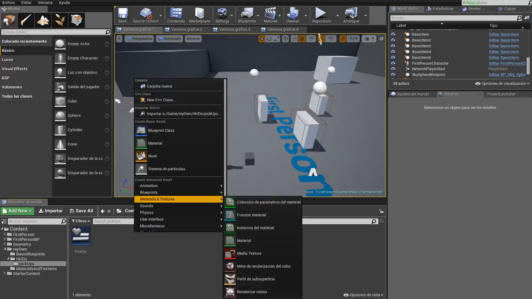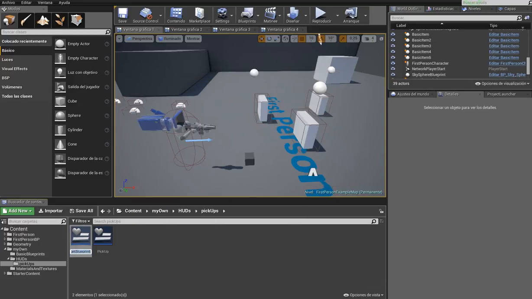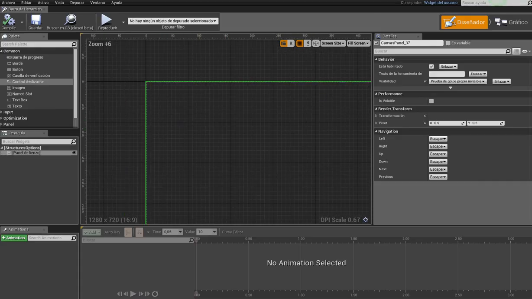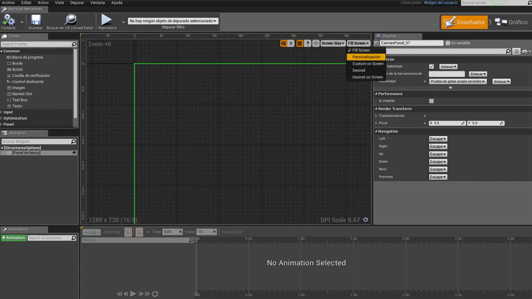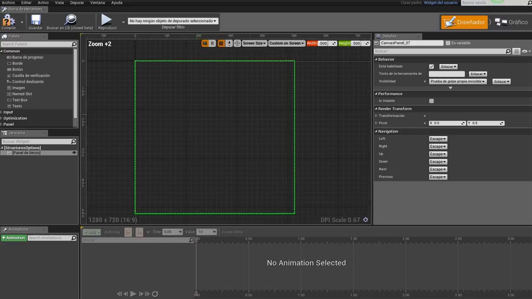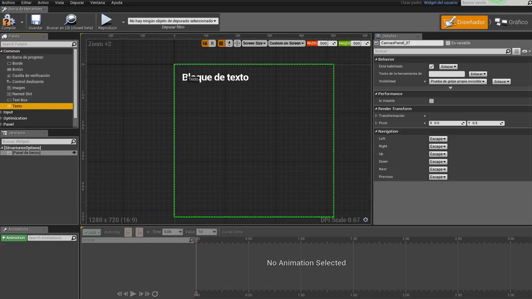Open widget and call this options. Right here we're going to add a custom size on the screen, 500 by 500, and we're going to add the text that says